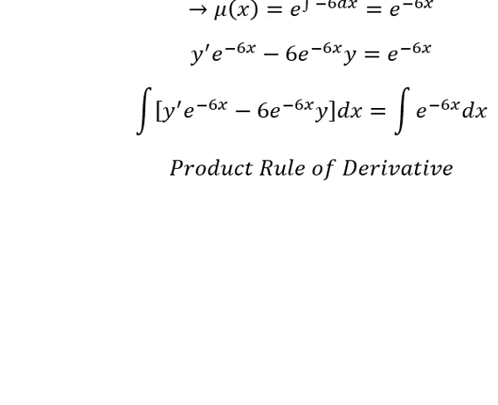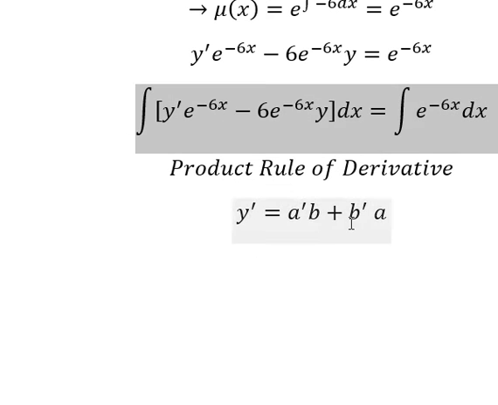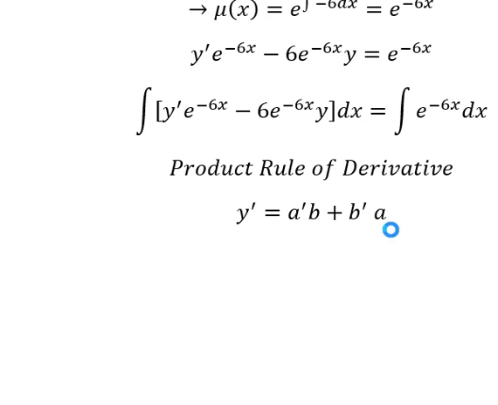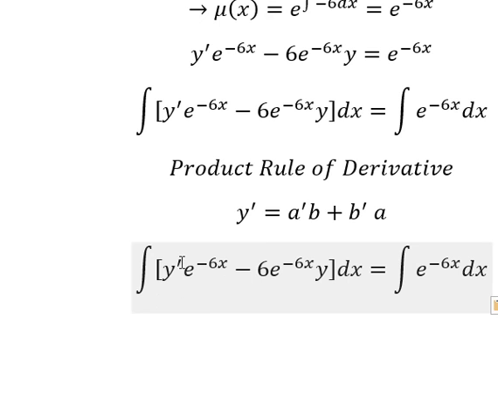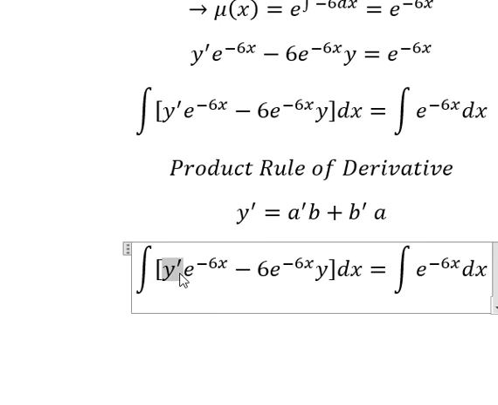So we have the first derivative of y equals the first derivative of a multiplied by b plus the first derivative of b multiplied by a. So if we look carefully at this one, we have the first derivative of a multiplied by